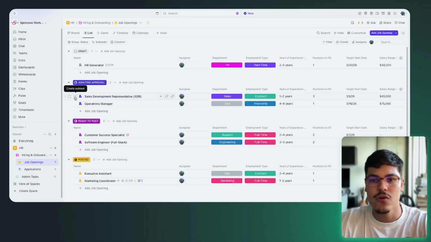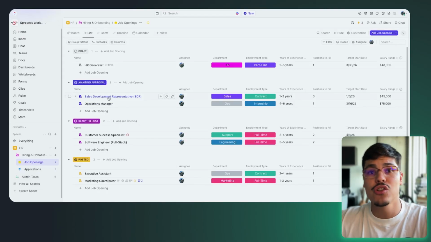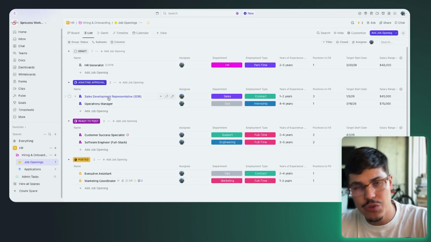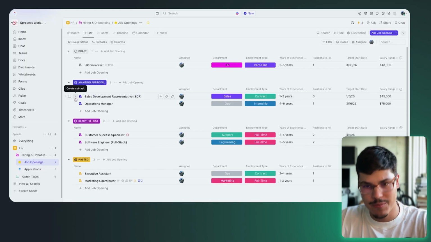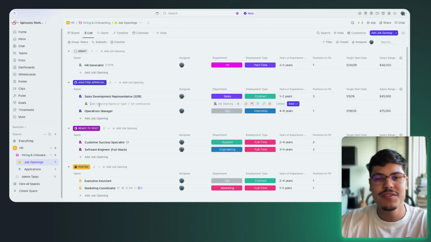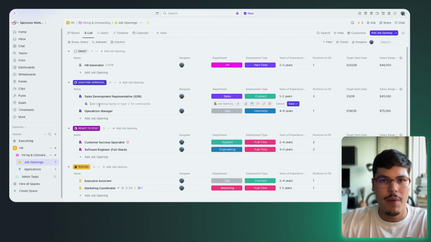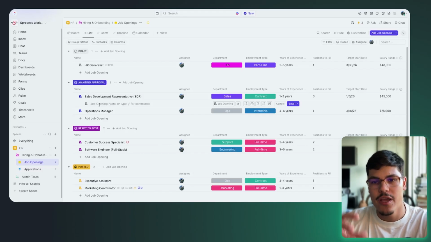Some people would recommend that instead of having the admin tasks or all the action items that they're actually working on and want to keep their due dates and the assignees, instead of having a separate list for those tasks, they want to create them as subtasks for, for example, sales development representative. And they want to list all the things that they need to do in order to make that job post live, for example, or to invite candidates. They need to create a draft, they need to approve that draft. All of that has to happen in order to hire people and to make this sales development representative job opening